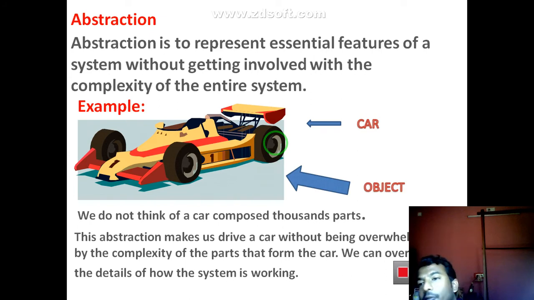So we can overlook the details of how the system is working. That means that abstraction is an essential feature, the concept is to hide, to overlook, or also hiding the main features of any system. It is called abstraction. Next point,